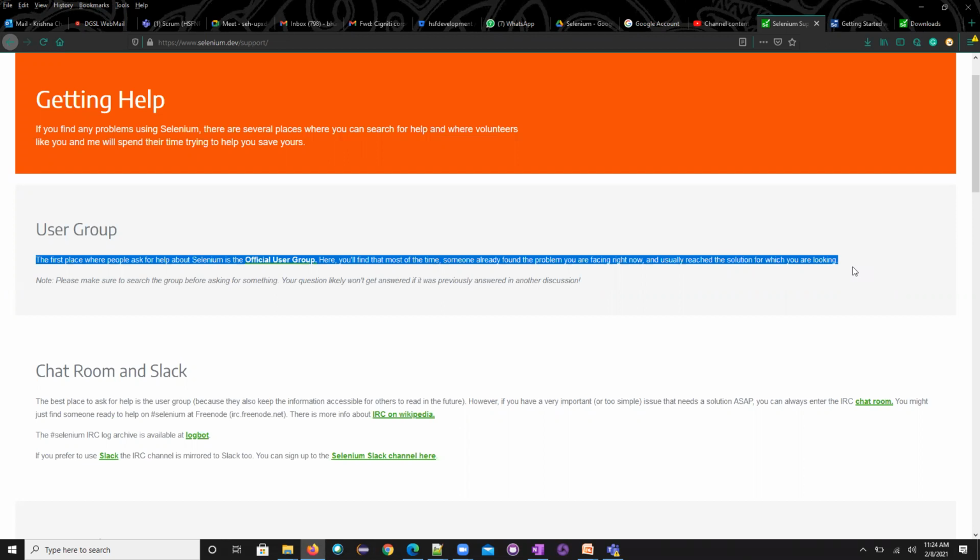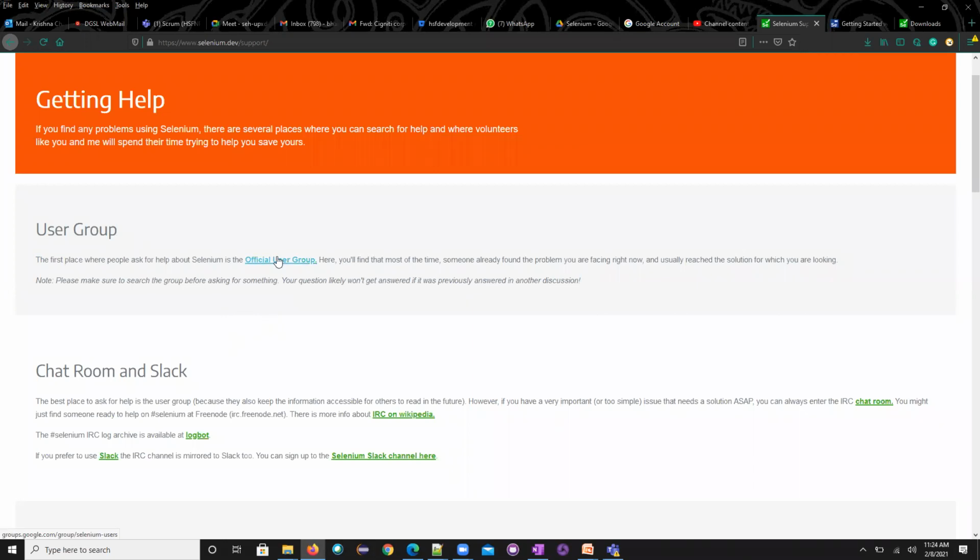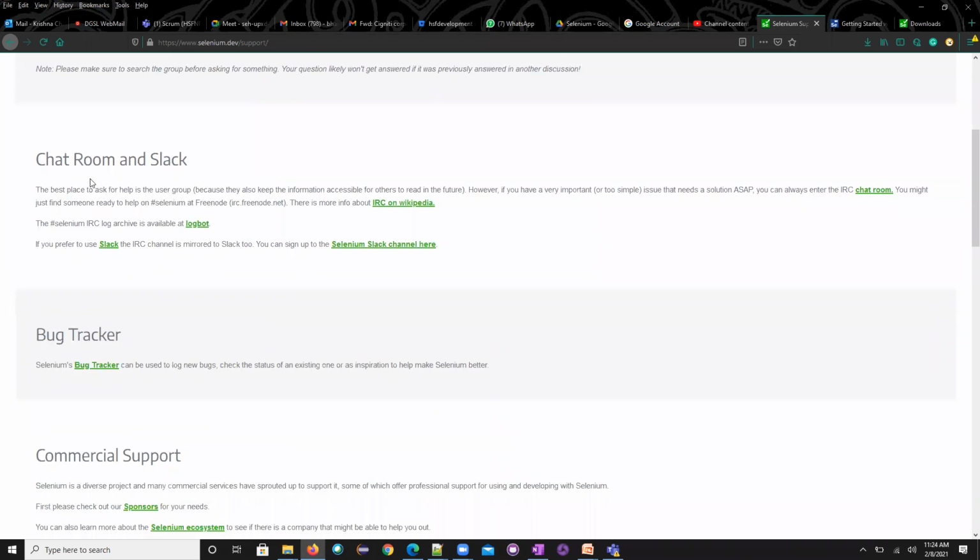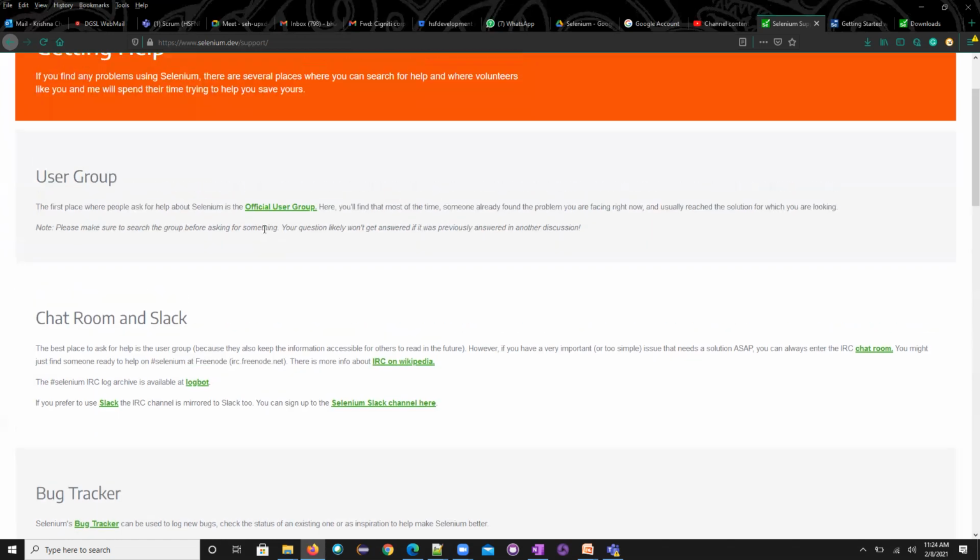But if any question is not there, then you can come back to this official group and they can support you whenever you get stuck. And then there are some chat rooms in the Slack rooms, so you can go there and say, boss, I'm stuck here, can you help me out? But be careful, you have to be very cautious before going to these rooms, because what happened to me is, once I went to this room and posted a question, they bounced me